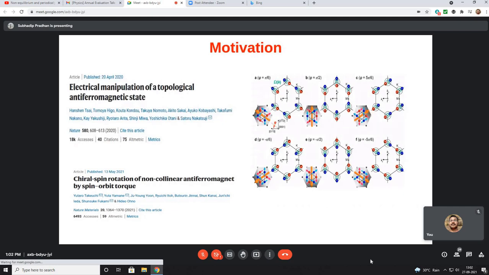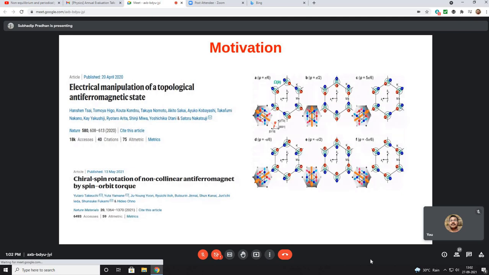No, but I think Arijit is asking a different question. He is probably asking what happens to the transport in this problem in the presence of this field. This chiral anomaly E dot B, where your current is not conserved, maybe they are not looking at it, but it will still be there. There is some effect of what Arijit is saying, because in any material, if you apply E and B, you will have a chiral anomaly related current, right? Yes. But you have to look through some transport or magnetoresistance, which gives a signature of this.